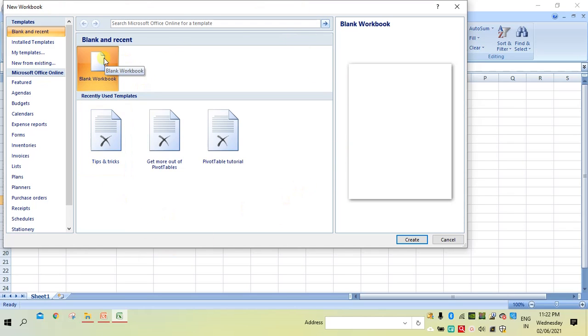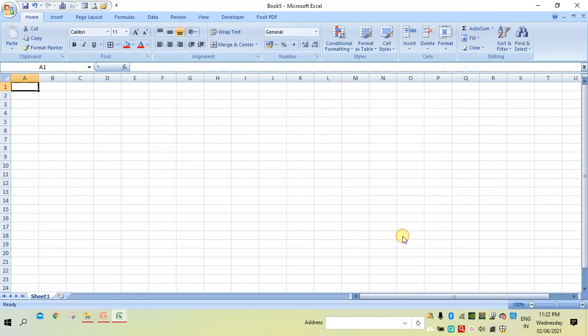From this, select Blank Workbook, then say Create. It will give you a new workbook, and the default name is Book. A shortcut key can also be used to open a new workbook, that is Ctrl N.